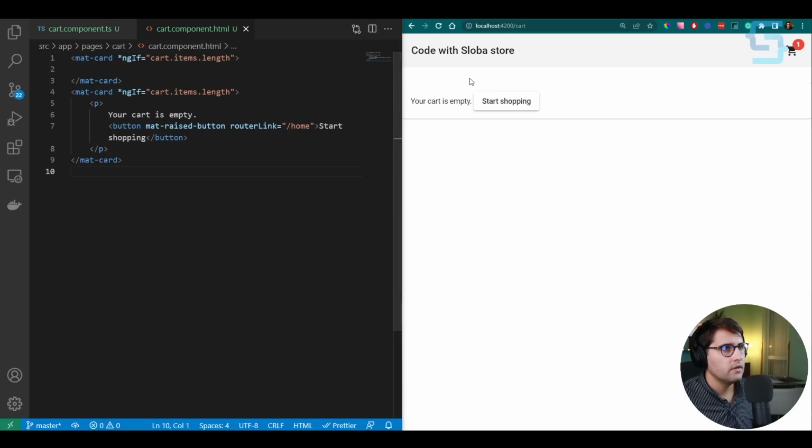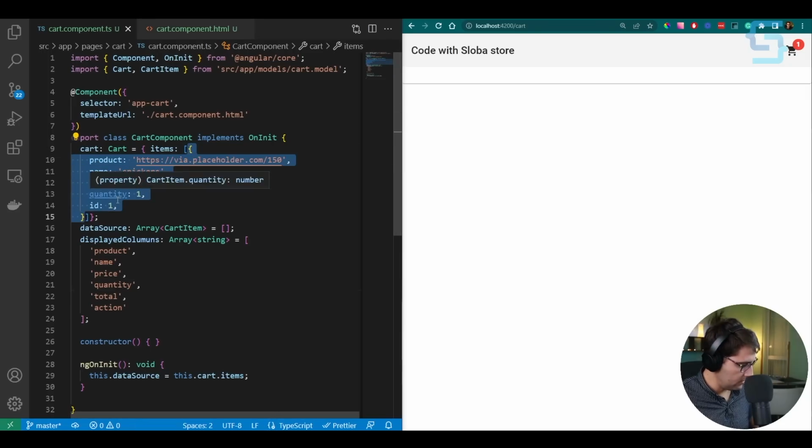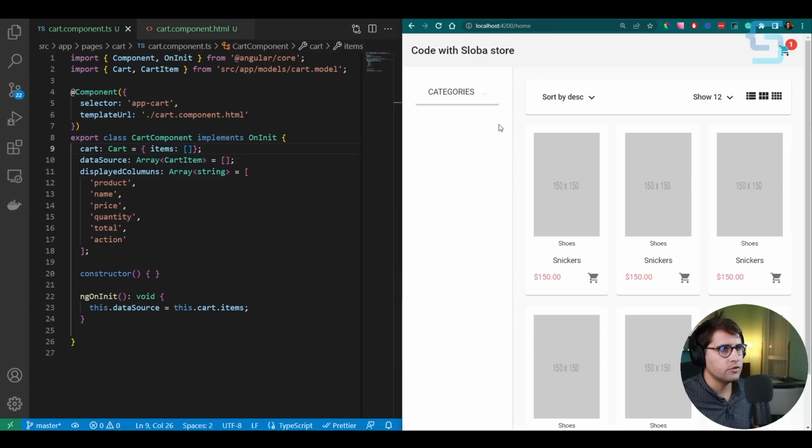And if I save this, for now, as you can see, the cart items length is empty, and it shows both of these cards because we use where the cart item length exists. We want to show this only if there is no cart item length. And how we can test it is we can just remove this first item that we have inside of this array, and we should get this,